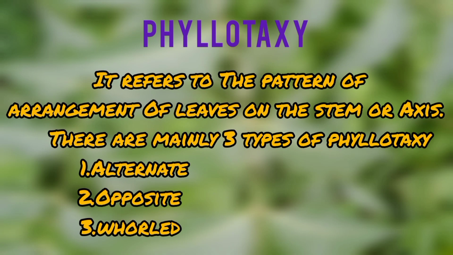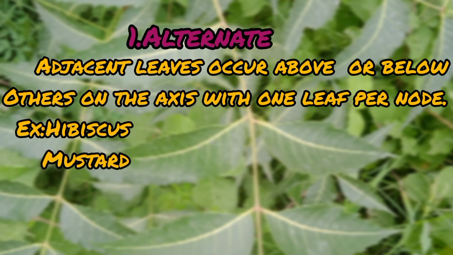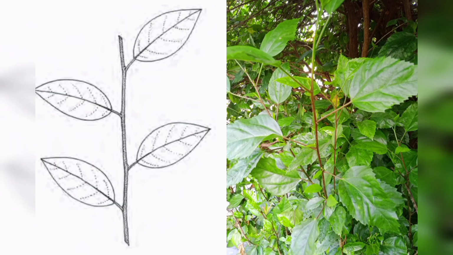Phyllotaxy refers to the pattern of arrangement of leaves on the stem or an axis. There are mainly three types of phyllotaxy: alternate, opposite, and whorled. Firstly, alternate. In alternate, adjacent leaves occur above or below others on the axis with one leaf per node. Example: hibiscus, mustard. And in this image, we can see how the leaves are arranged in alternate, that is, one